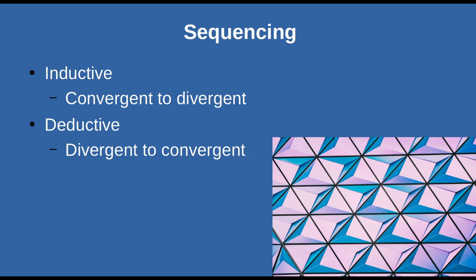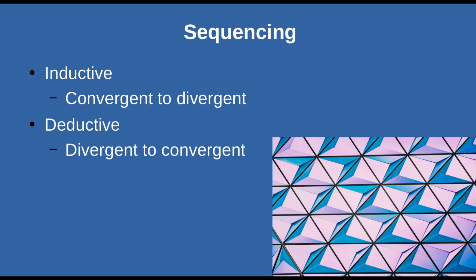Now, with your knowledge of the different types of questioning, you can also structure or order your questions in various sequences for various purposes. So if you want to focus on inductive reasoning, which is where you go from example, example, example to develop a general conclusion, you can start with convergent questions and move to divergent questioning.